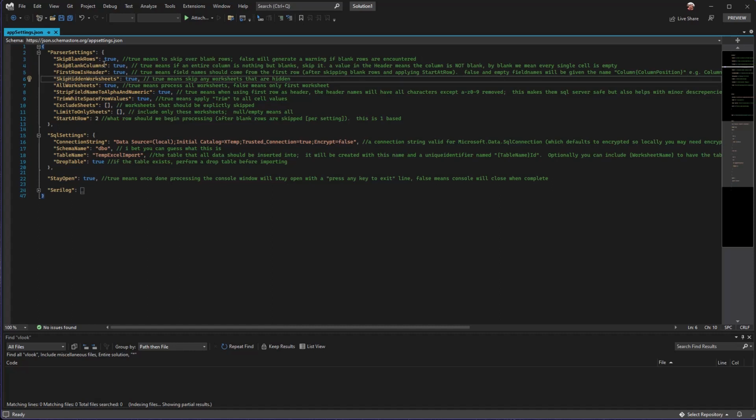the first worksheet. The next property is one that I've talked about a couple of times, which is that it's going to take the headers and strip out everything except for A through Z and 0 through 9 when it creates the column name. That does a couple of things. One, it makes it safe for SQL Server. And two, it helps match records up a little bit easier across worksheets if you're bringing them into the same